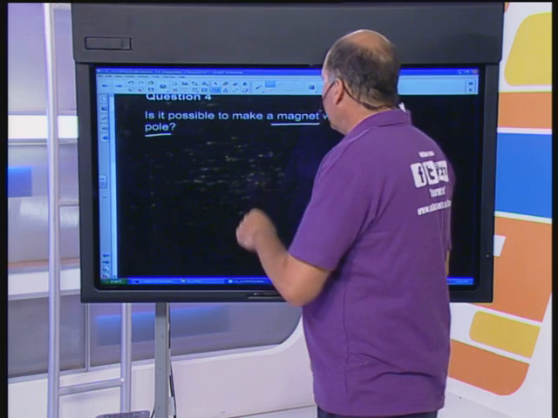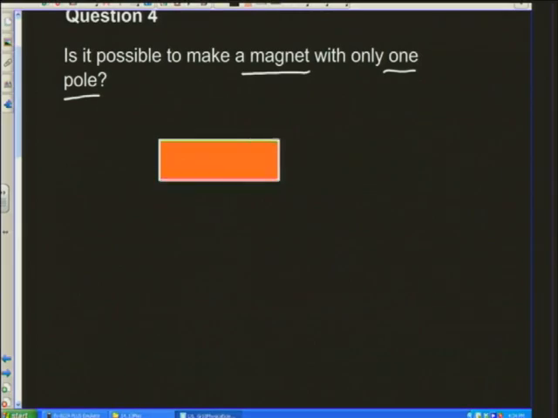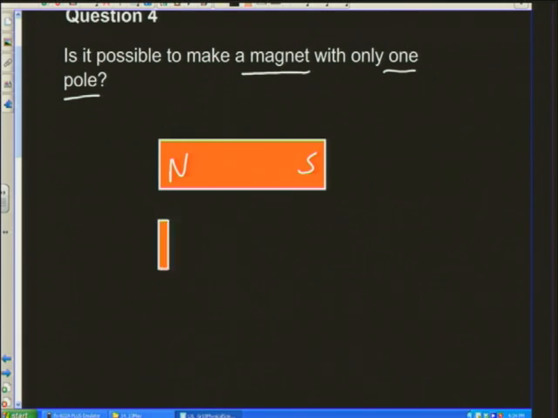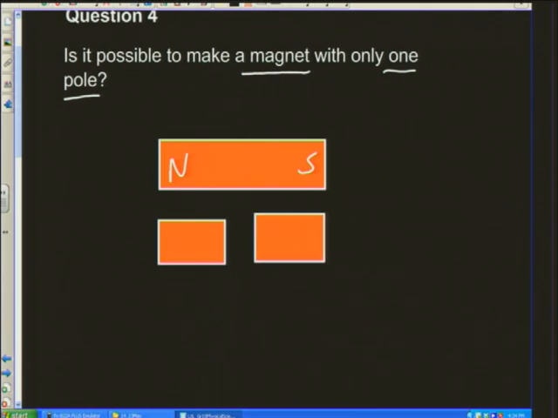If we take a little bar magnet and we say to ourselves that this end is north and that end is south, and we cut it into two. Now, if we cut it like that, and we cut this end like that, we would think for ourselves that that end would still be south, and that end would definitely be north. But what happens at this end over here? What happens over here? What happens over here? Think for yourself for a minute.